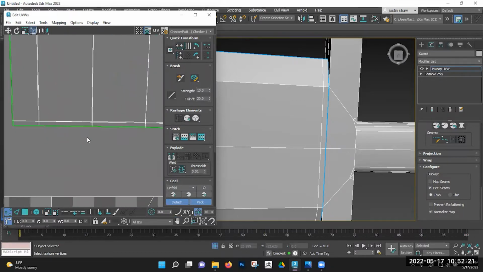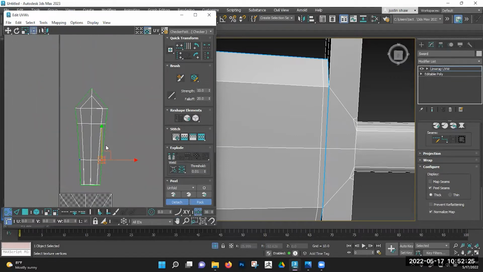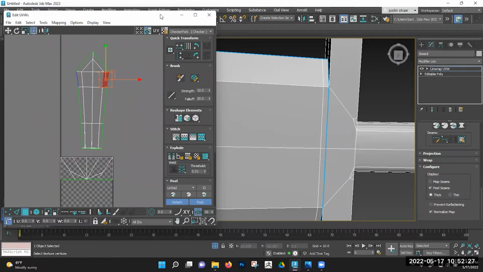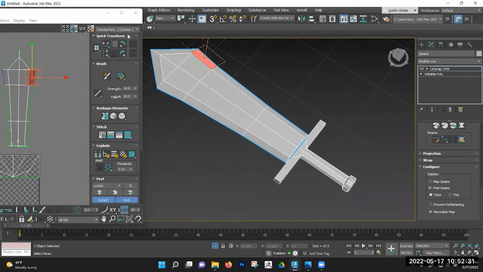They don't have to be perfect. It's just that section up there will make more sense when it's easier in Photoshop for me to deal with. All right. And I'm going to click,